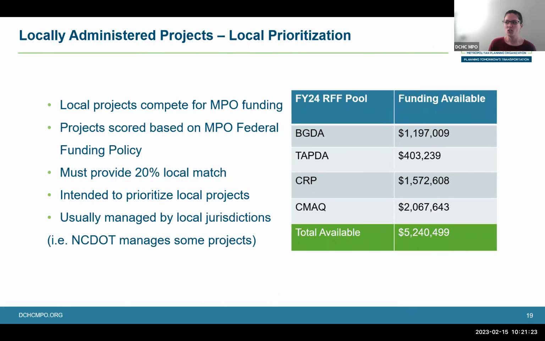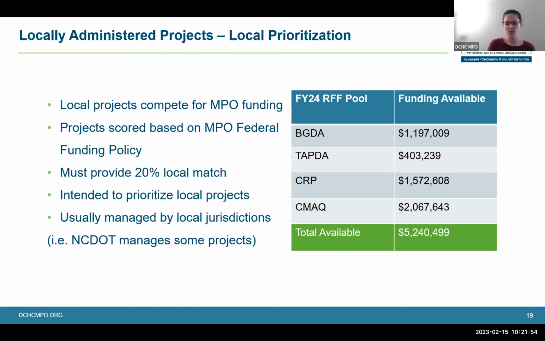There's also local prioritization for how we do projects in the area for funding that we receive. So we receive federal funding. There's a few different sources here. There's the Surface Block Grant, which is the first one. You have transportation alternatives, carbon reduction, and then congestion mitigation. This is the funding that we recently had for our last